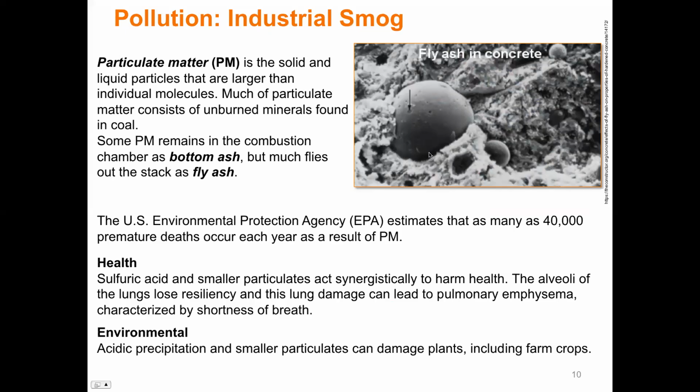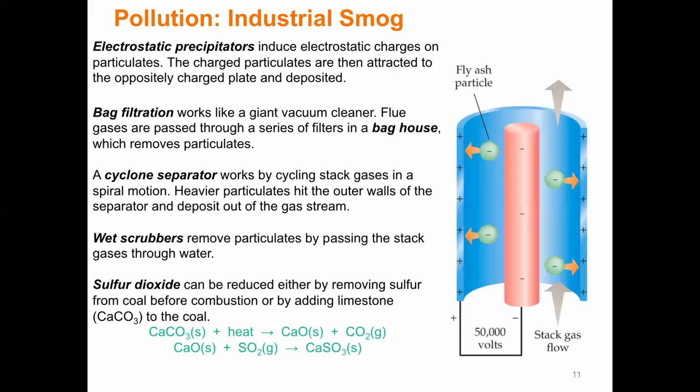And you can see here, this is in the United States. Particulate matter, 40,000 premature deaths each year as a result of it. And obviously inhaling acid, sulfuric acid and those kinds of particles in the atmosphere will also affect our lung tissue. And environmentally, acid rain. I want to talk a little bit about that too, because it's not just coming from industrial smog, but also from urban smog. So our photochemical smog, the things that we produce on a daily basis, and it has nothing to do with industry. All right, so how do we try to get rid of that?